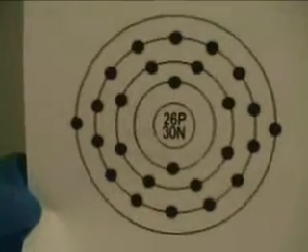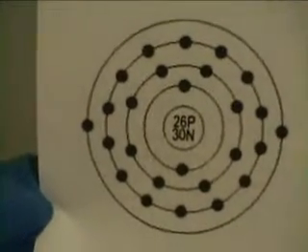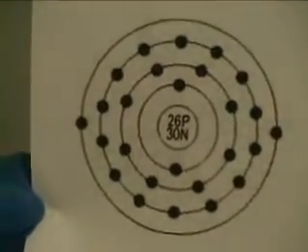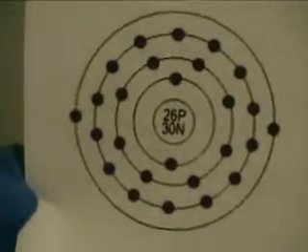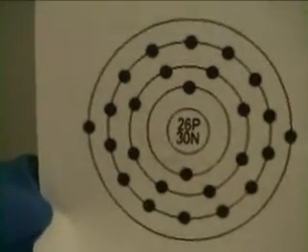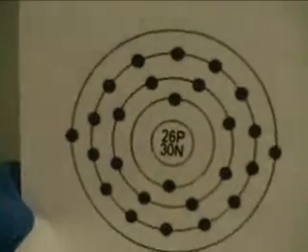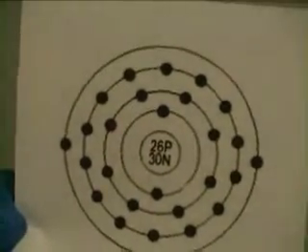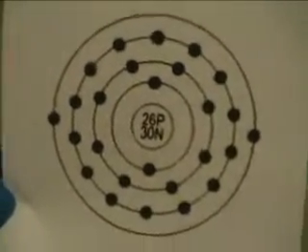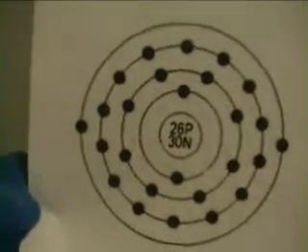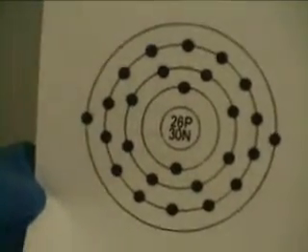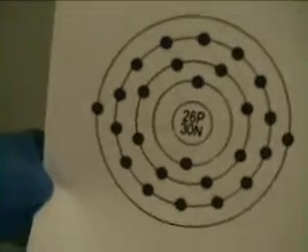Those 26 electrons are distributed on the shells as follows. 2 are on the K shell, 8 are on the L shell, 14 electrons are on the M shell, and the N shell has 2 electrons. This specific iron atom has no electrons in the O, P, or Q shells. Now that we've covered the boring part, let's take a look at the periodic table.